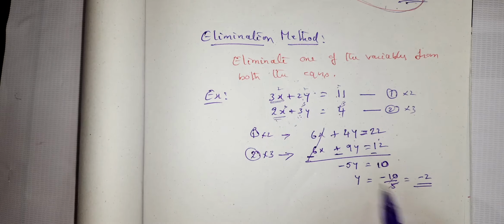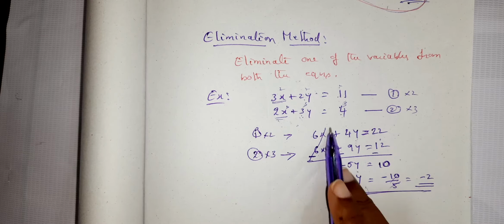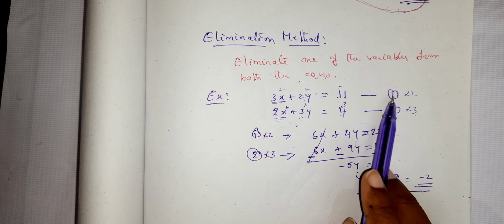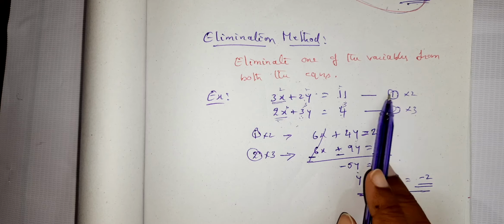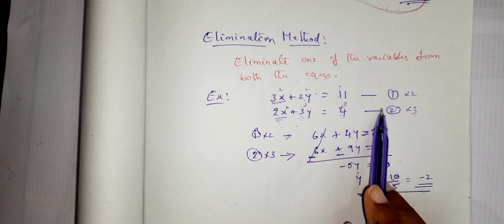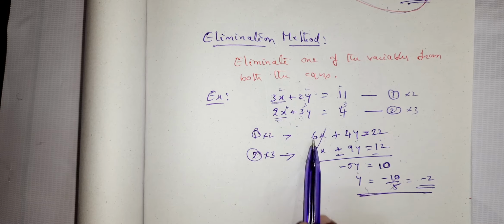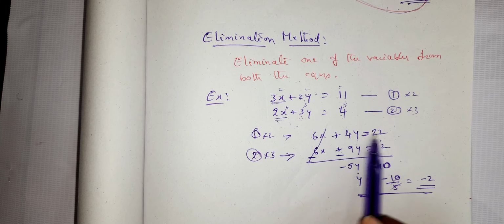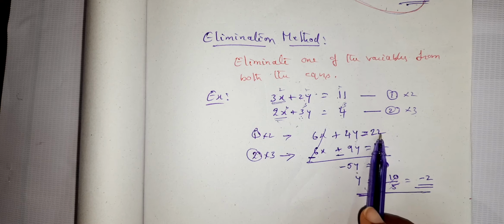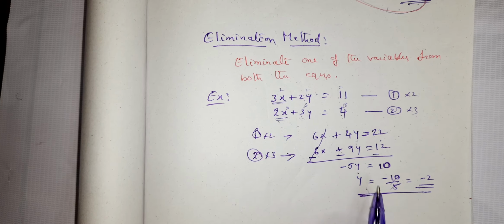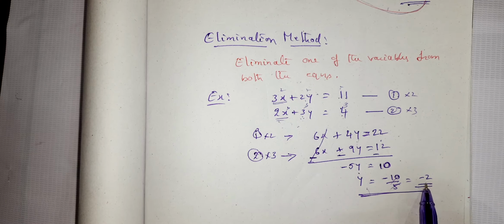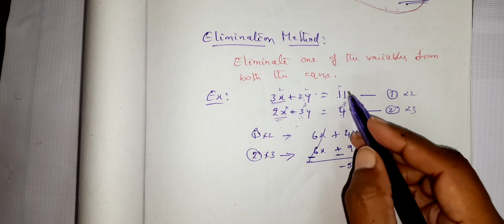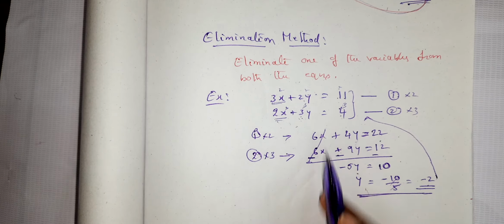So you got y is equal to minus 2 by eliminating x, by manipulating the equations, or what do we say, by bringing the necessary changes in the equations, right? Right, valid changes. That means the change should be the same on both sides, LHS and RHS. Okay, right. So we got now y is equal to -2. Now what you have to do? You have to substitute this in any one of these equations and thus find x.